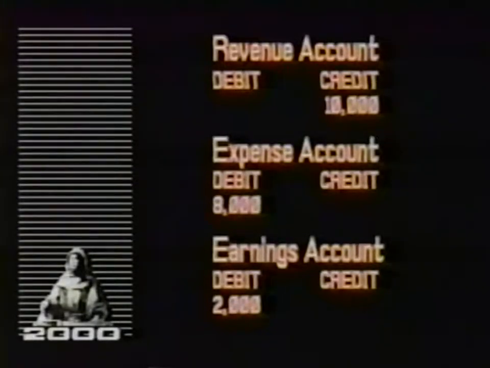Suppose during 1 month we sold $10,000 of our product. We also had $8,000 of expenses related to those sales. The extra $2,000 then becomes earnings or income for the month. See, it's really quite simple. Now, on a regular basis, we can report the revenues and expenses of our company and the consequent income or lack of income. This report, the income statement, is sometimes called the profit and loss statement because it reports profit, which is another word for income, or loss.